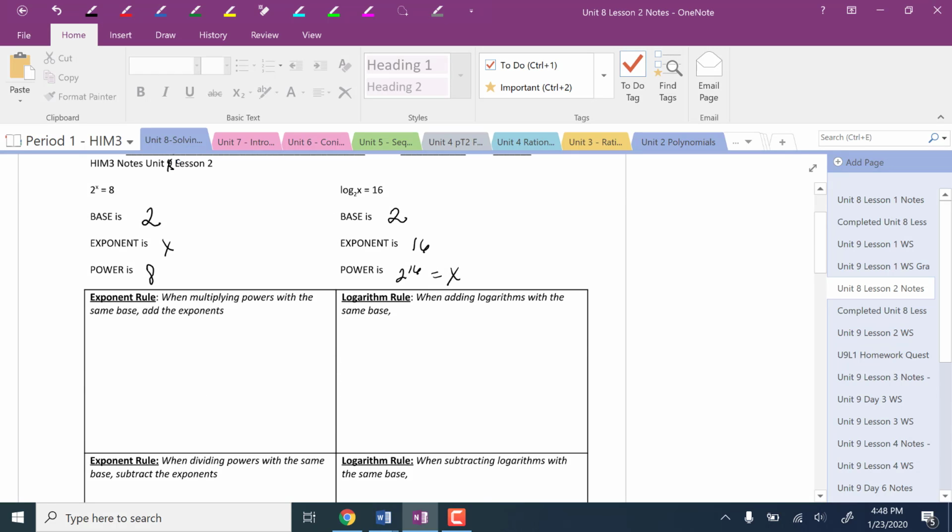Now we'll start with our exponent rules. And we already looked at this one the other day. We had a to the m times a to the n would be a to the m plus n. And if we looked at a couple of examples,